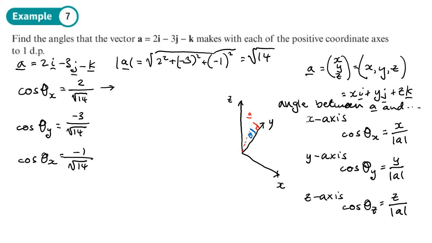Okay, so then what I'll do is I'll just do the cos inverse of those things to find what those angles are. Now we're in degrees. You would normally give the angle between two things in degrees unless the question states otherwise. So cos inverse of 2 divided by root 14, and we get 57.688. So 3 significant figures, and normally angles you'd give your answers to 1 decimal place anyway. So 57.7, that rounds to